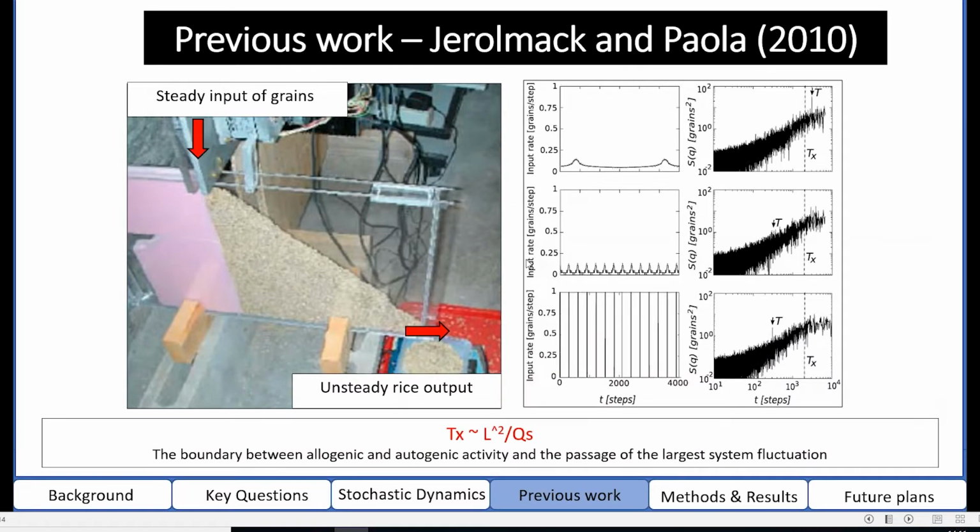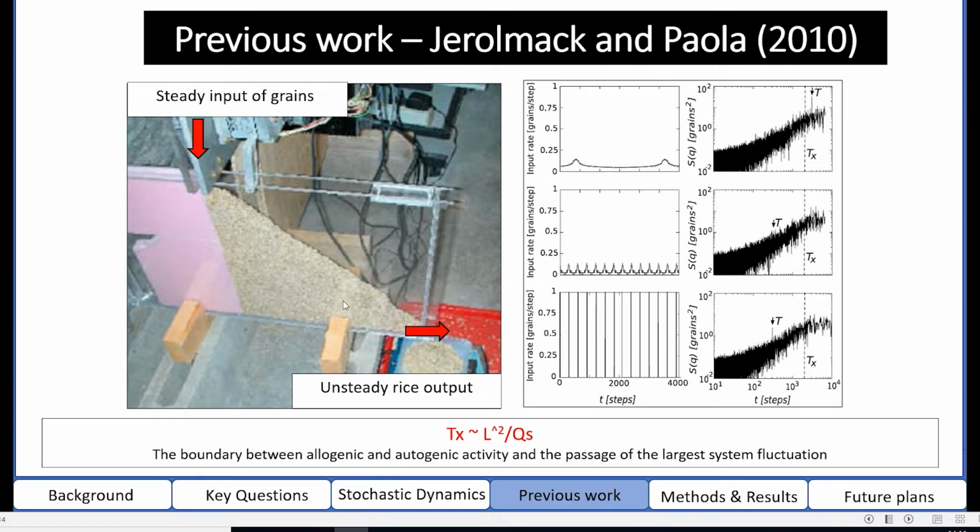So over the next couple of slides, I want to highlight two key studies which form the background to our research questions. Firstly, I want to look at Jerolmack and Paola 2010, who focused on signal propagation across the surface, or across the landscape. And to do this, they used a 1D avalanching rice pile, which you can see on the left. So the rice pile undergoes a series of storage and release events, so it has its own internal processes. These avalanches equate to the storage and release of sediment, which we could have seen on the delta plane on